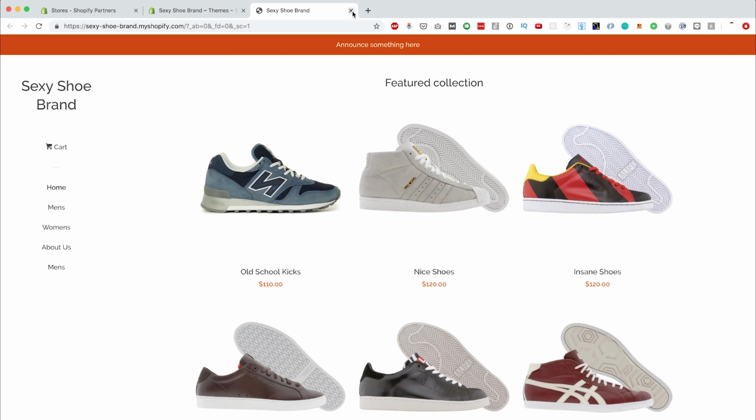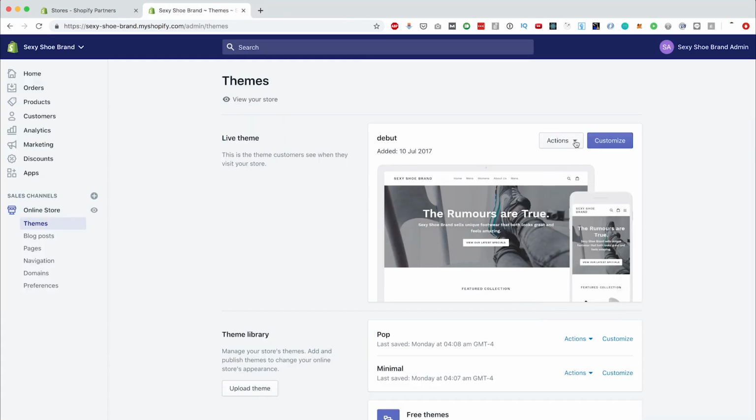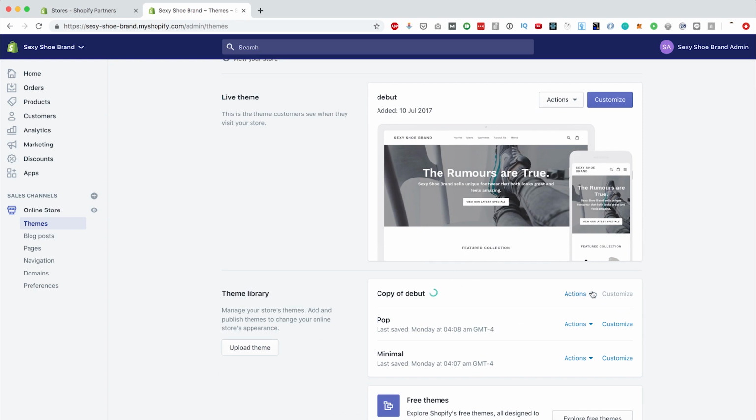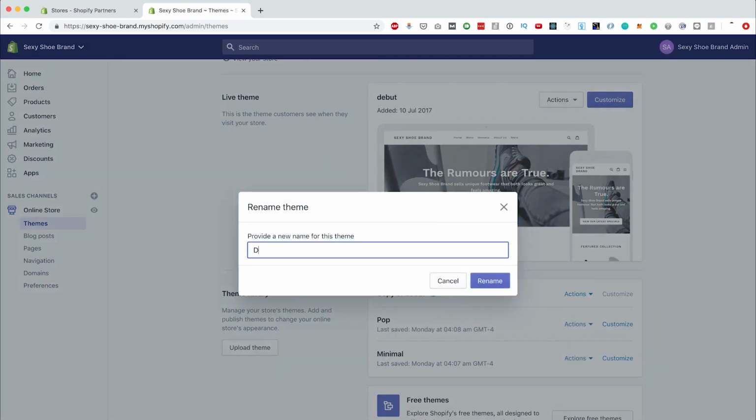But when you're developing themes on Shopify, usually a good idea is to duplicate an existing theme and then edit that theme. And so if I make any changes in the customizer on one of these themes that are almost identical, that's only going to affect that theme and not the other themes that have been duplicated from it. So maybe it's not exactly clear why this is important, but say for instance, in a live environment where you're working on a theme for a client, as I do, you may have duplicated the theme and worked on changes. So let me just do that right now. So now I've got a copy of the live theme, and I'm just going to rename it to debut dev